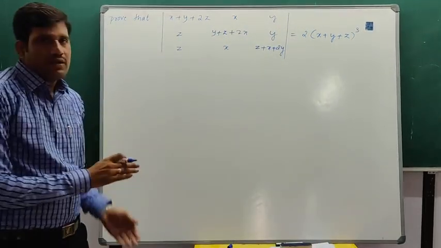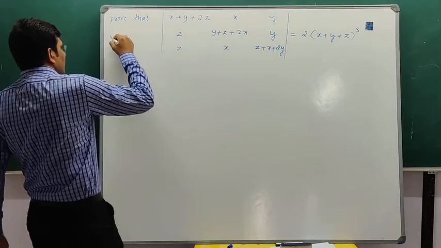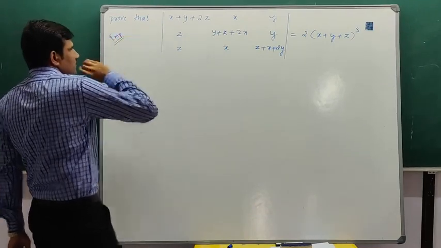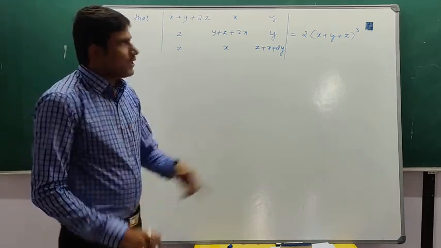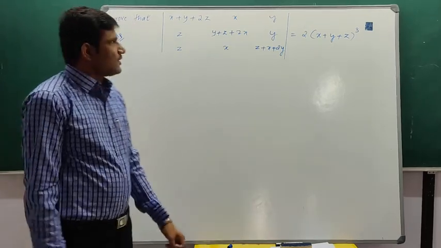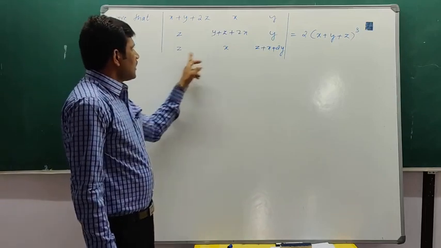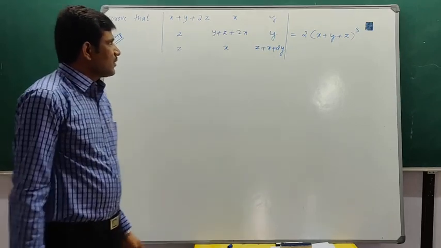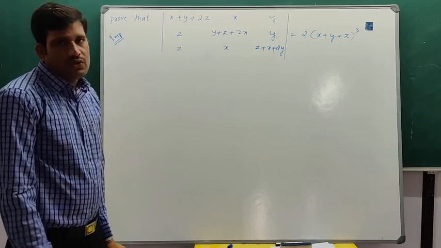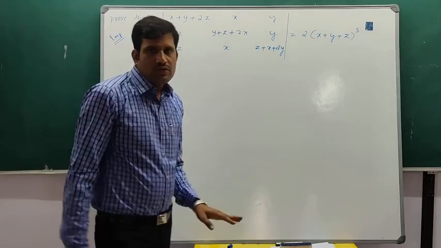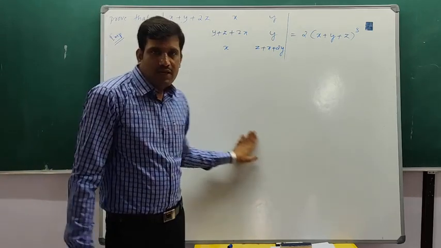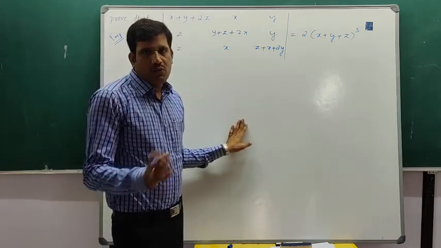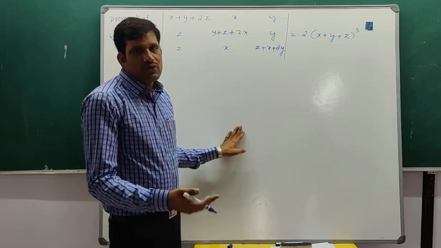So prove that determinant of, so this is an important problem, this is asked many times, right? Prove that the determinant of x plus y plus 2z, x, y; z, y plus z plus 2x, y; z, x, z plus x plus 2y. Now here, we can see all the elements in a row are not equal to 1. Similarly, all the elements in any column are also not equal to 1. That is, method 1 and method 2 will not satisfy. So then go for the third one.